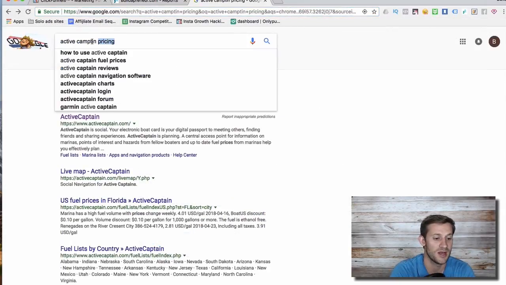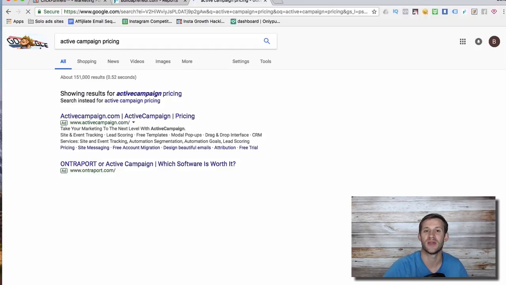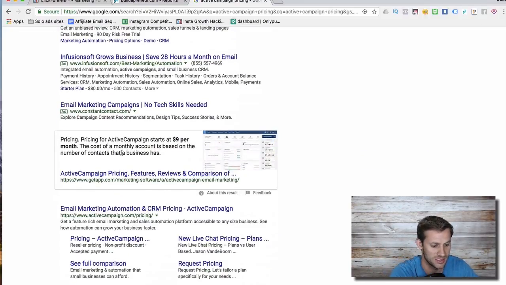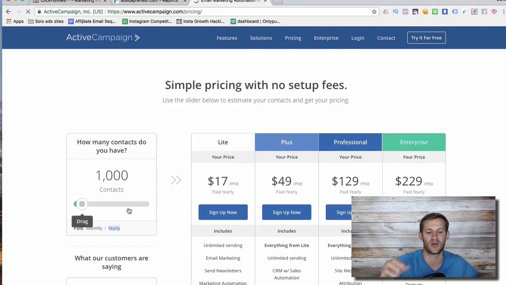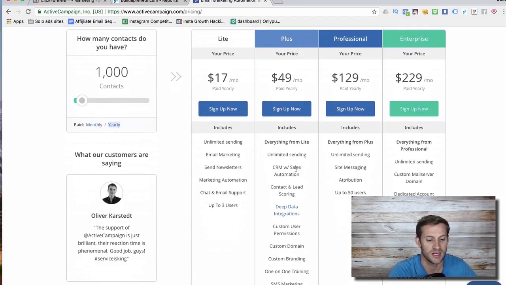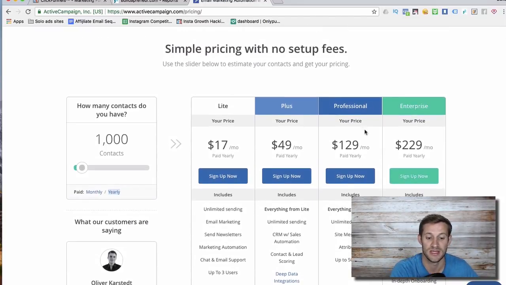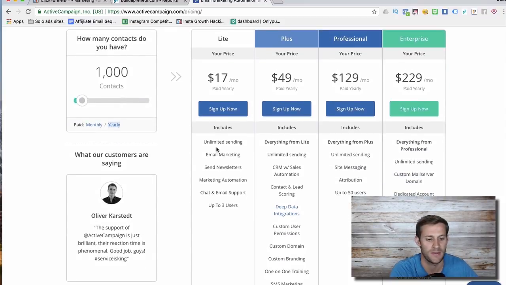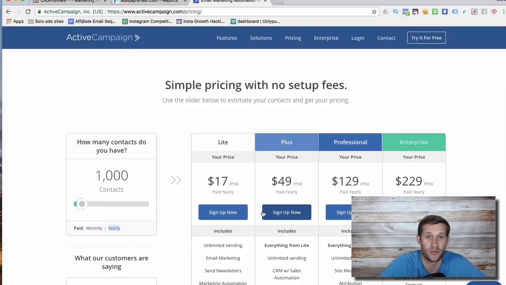Anyway, my plan when I started was $9 a month, okay? $9 a month, which you can't get anywhere else. They're all more expensive than $9 a month. And ActiveCampaign gives you everything. I'm up to 1,000 contacts now, so it's gone up to $17, but a lot of these email autoresponders out there will give you different plans with different things, and a lot of the really important stuff they hide behind really expensive plans, which is really frustrating. ActiveCampaign gives pretty much everything: unlimited sending, email marketing, all the automation you need, all the newsletters, everything but the templates for the opt-in forms, which if you need, then you will have to upgrade to a higher plan. But typically people just use their own, like in WordPress sites and things like that.